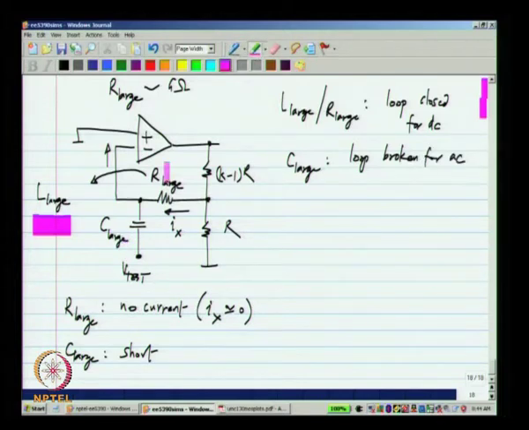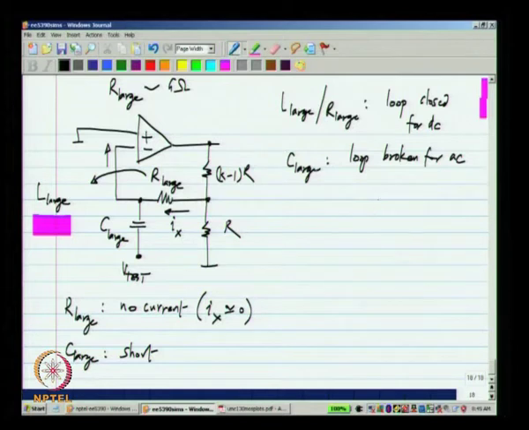Now, because you can use C large and R large which are unrealistically large values, this frequency limit can be very low, it can even be hertz or millihertz. Okay. But once you have this arrangement, you simply apply V test here, you plot V return as usual you apply V test of 1 angle 0, you get some V return,